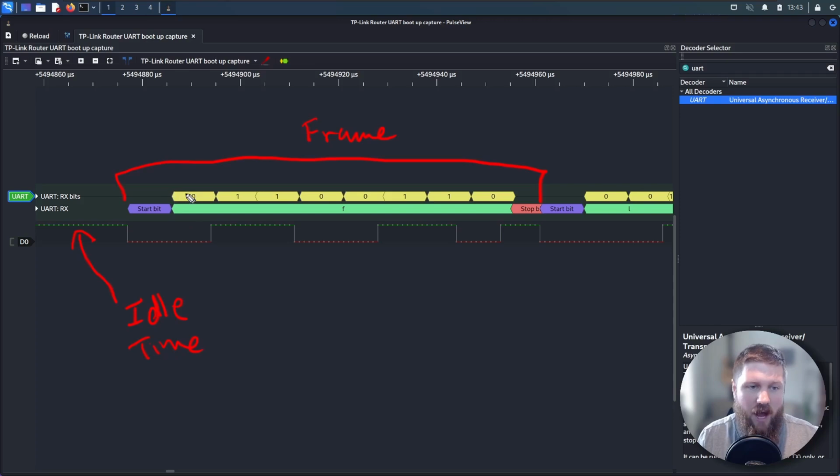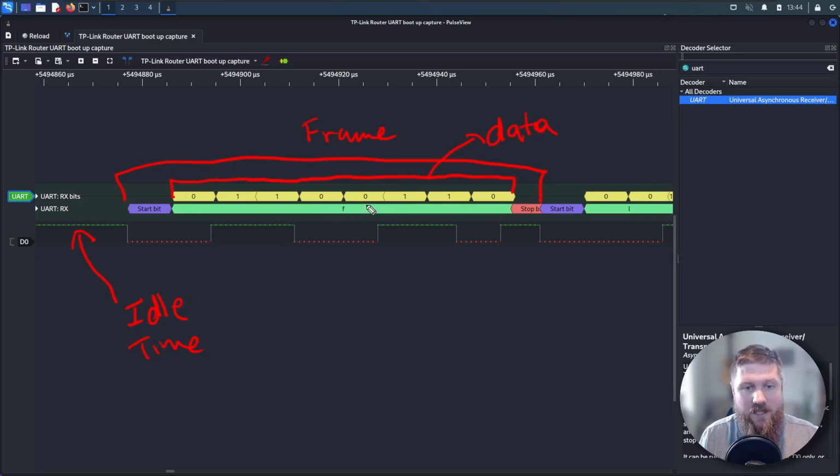So you see here afterwards, we have this binary here, and this is all of the pulses that make up the data. And usually this is going to be 8 bits, but we don't necessarily have to send 8. You saw in the UART decoder properties that we can actually change this to 6 or 7 bits, but usually you're going to see it as 8 bits because of course that makes up 1 byte. And then this 0 1 1 0 0 1 1 0 is what represents for us this F